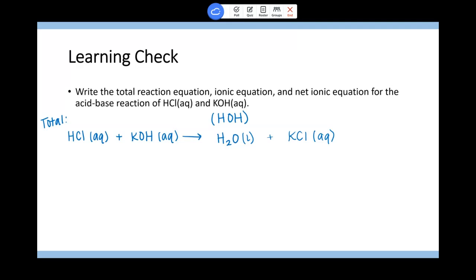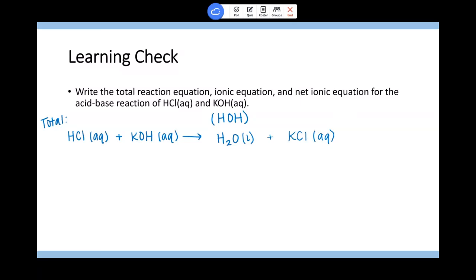Well, you can assume these are at room temperature. So if they're at room temperature, it's at a liquid form. So yeah, you can assume liquid, unless it specifically says it's above boiling point of water. All right, so that's our total equation. We did double displacement. We formed water, which is a liquid, and then KCl, potassium chloride, which is aqueous, dissolves